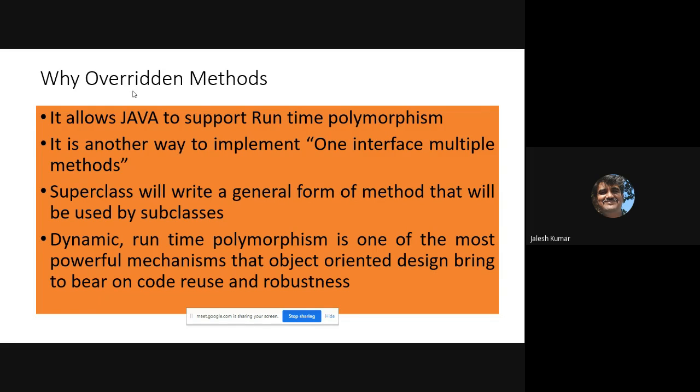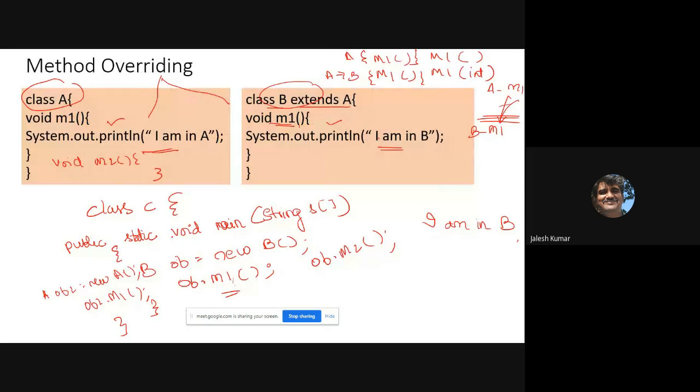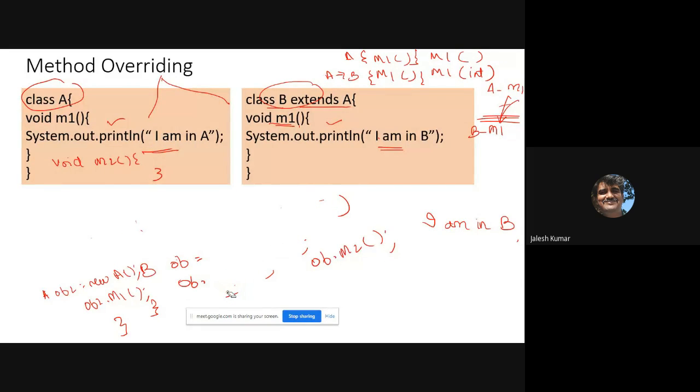Very important. That's what polymorphism is, is it not? One interface, multiple methods. What actually is it? The superclass will write a general form of a method that will be used by the subclass. Here I have not written any particular example, but generally where will this type of application come, that you should also know.